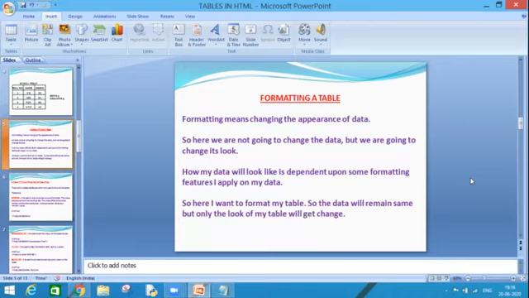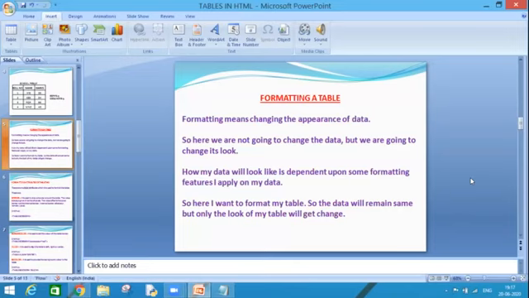So what is the overall meaning? In formatting, we are not going to touch the data at all, but we are only going to change its looks, that is, how it will look on the web page. So here we are not going to change the data, but we are going to change its look.